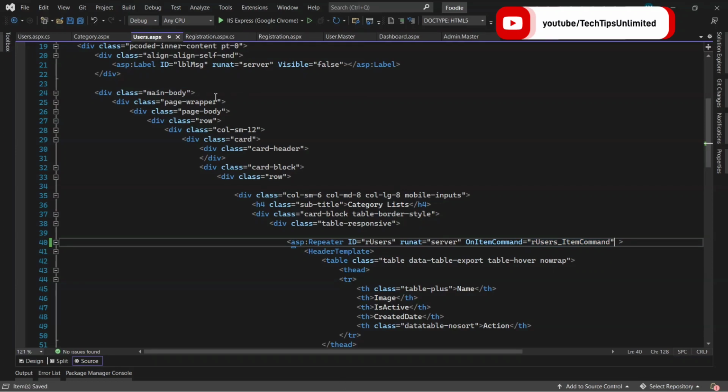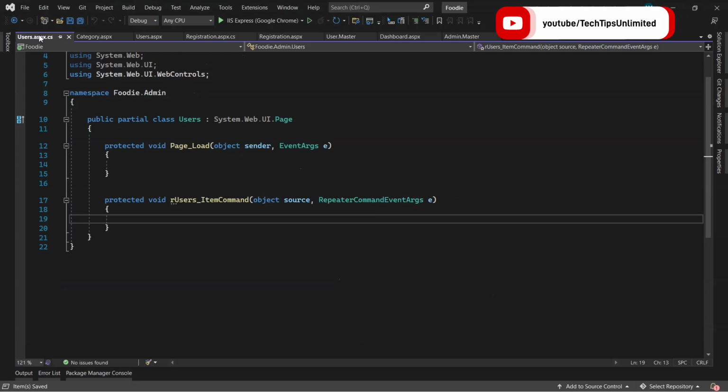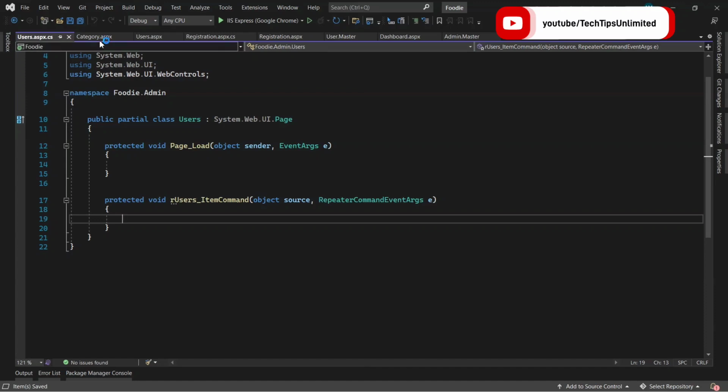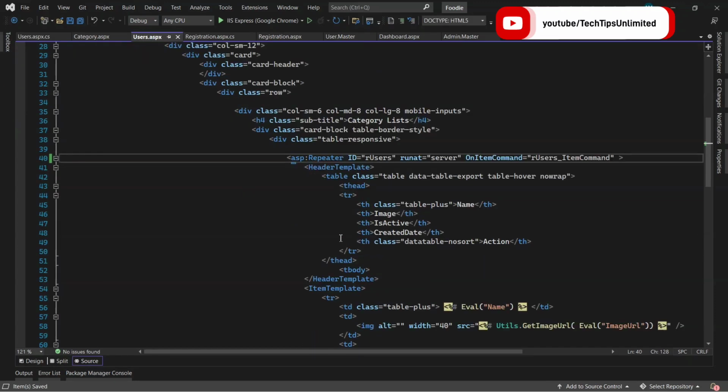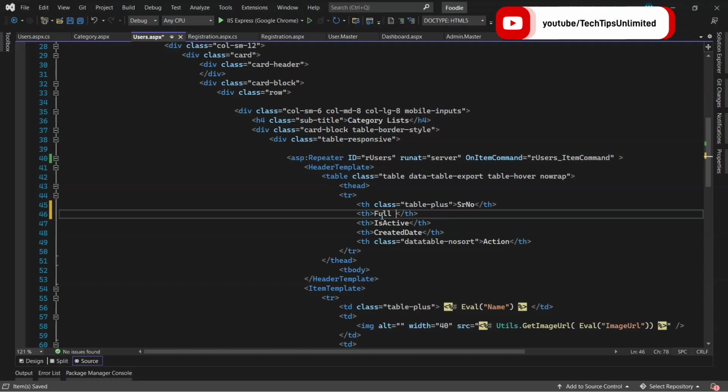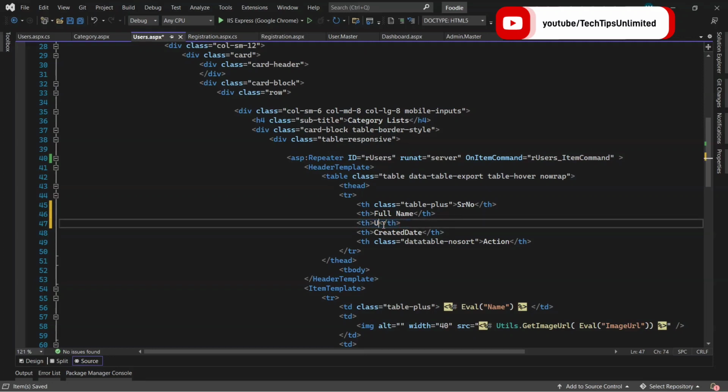Save it. Now you can find that the code behind page of users event has been created here. Now let's change some design part, like what we want to display here in repeater control. Here instead of name, I want to display serial number, that is SR, and I am taking serial number. Okay, and here for the second one we're going to display the user full name, that is full name. Okay, and the third column we are going to take that is username,